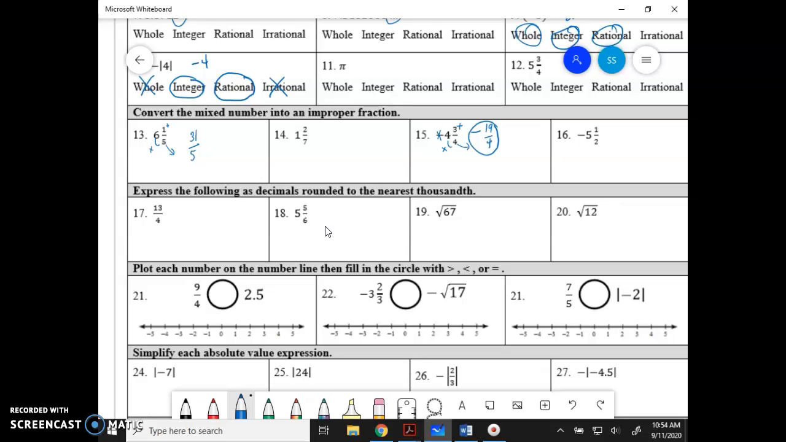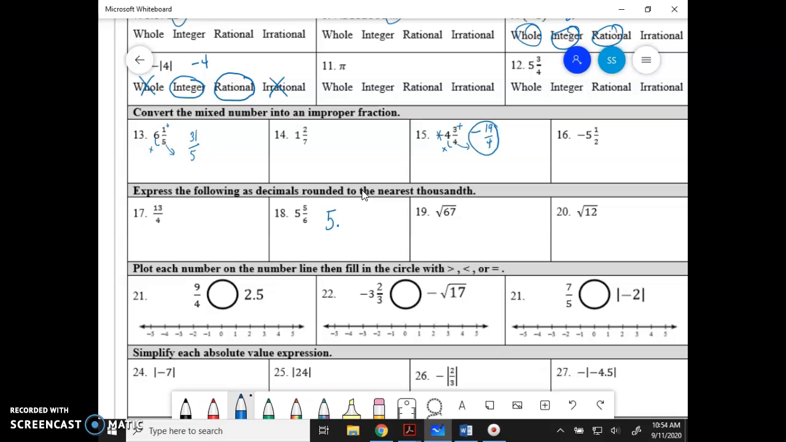For number 18, we'll do that one. So you could go ahead and convert this into an improper fraction and then divide it, but it's probably a lot easier. Just know, okay, 5 is the whole number here. So I'm going to put that out in front, and let's see what the decimal equivalent of 5/6 is. So just divide 5 by 6. So 5 goes in first, divided by 6, and you're going to get 0.8333333. So that's